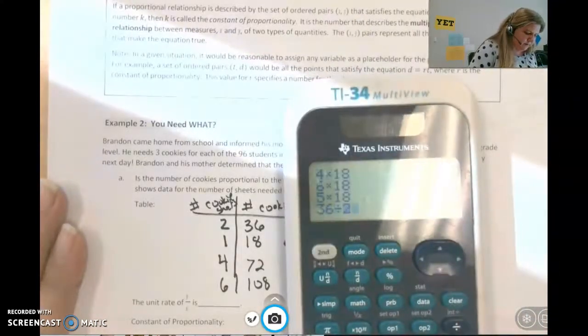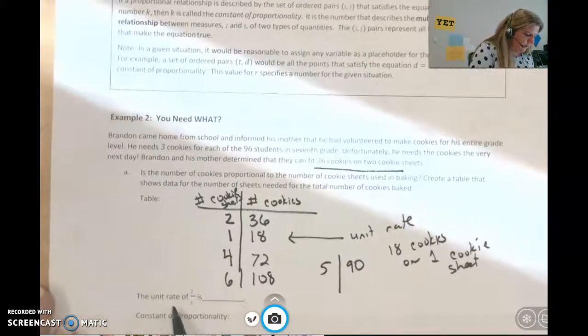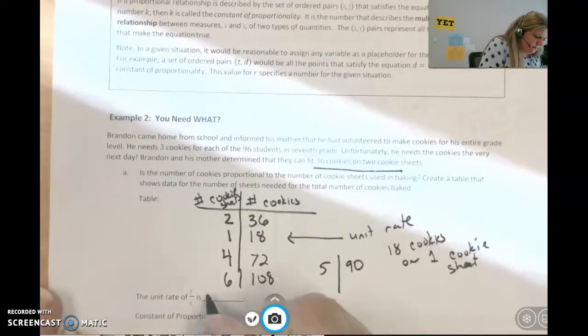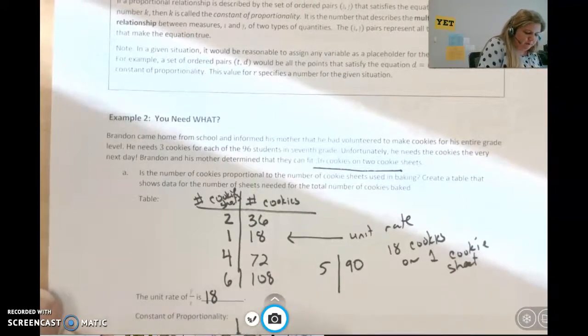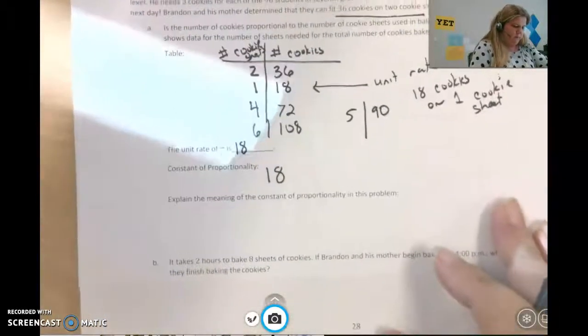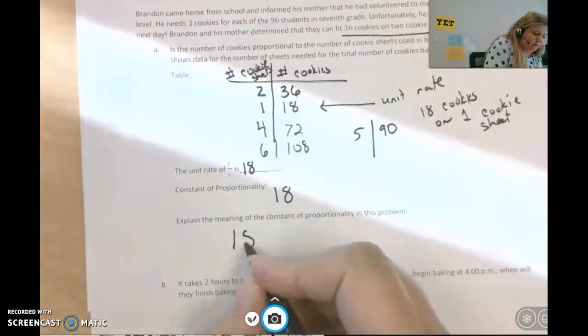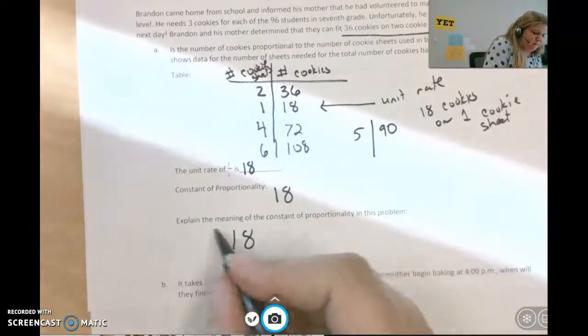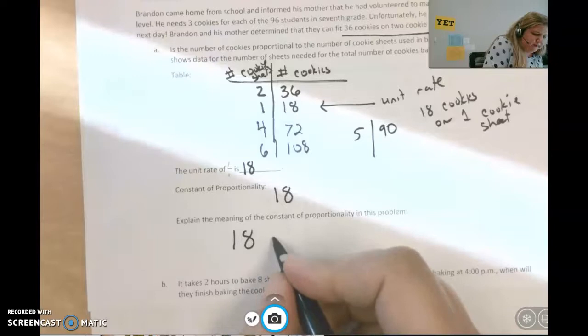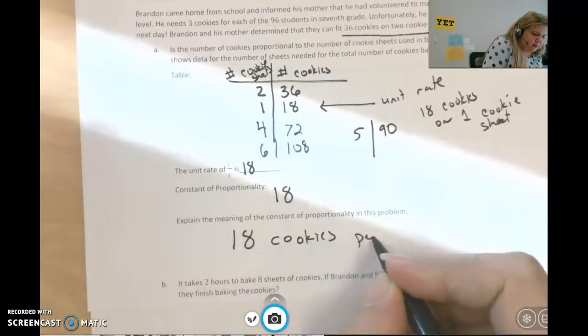Okay, 36 divided by 2 is 18. Okay, so the unit rate of y to x is 18. The constant of proportionality is 18. Okay, in context of the problem, that's just what we did there. 18 cookies per